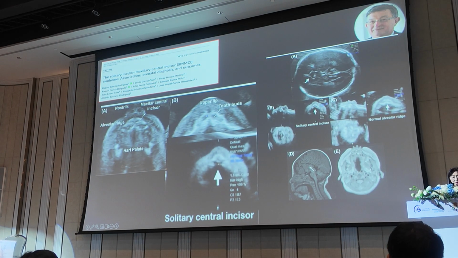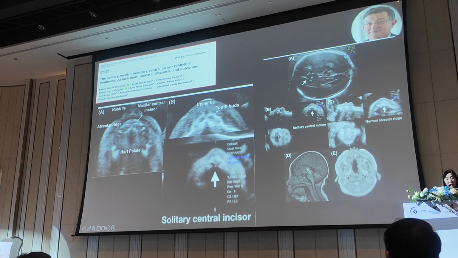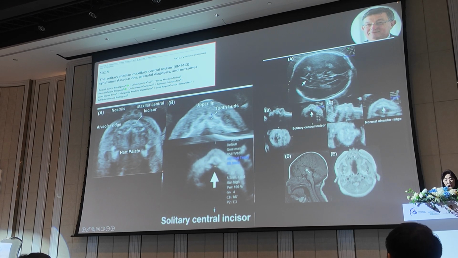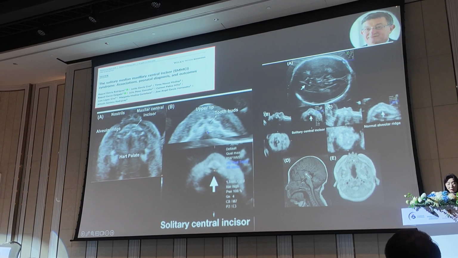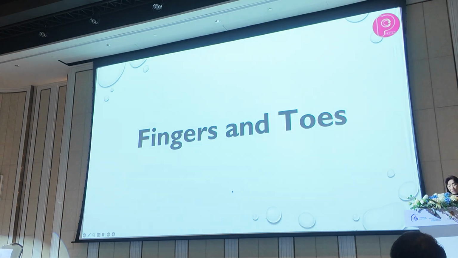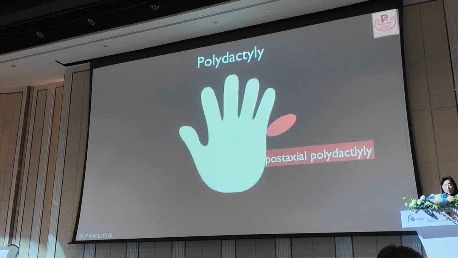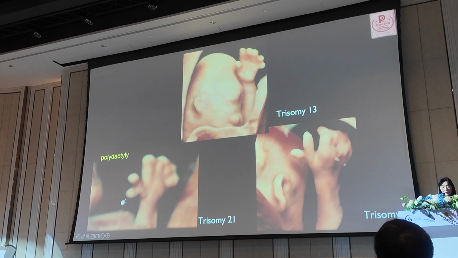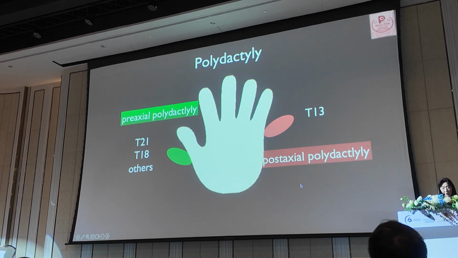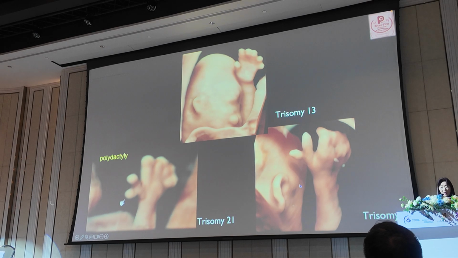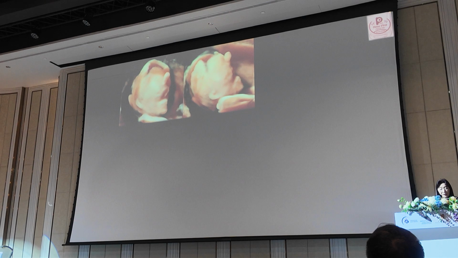And here, this is the tooth bud. And here, this is the only one here, not this, the indentation here in the middle. So this is the solitary central incisor. So the fingers and toes: sometimes you can see polydactyly in trisomy 13 here. The postaxial polydactyly is seen. Okay, I understand. So maybe we can see the very unique